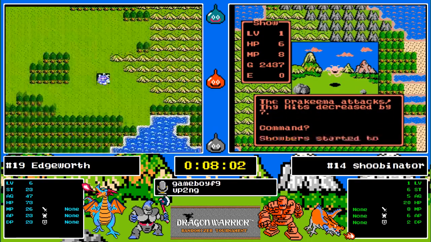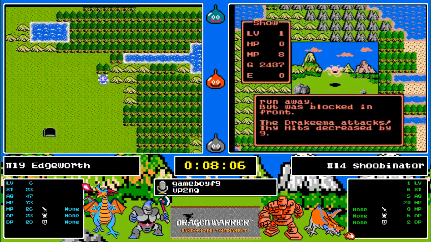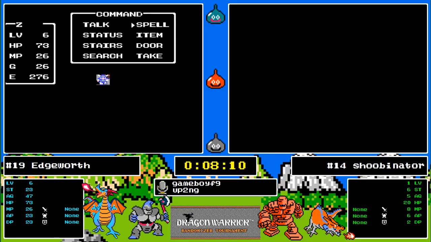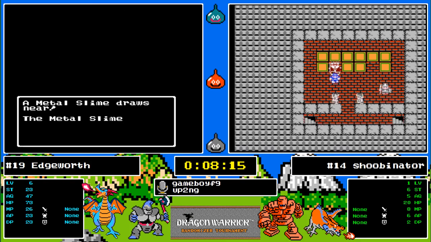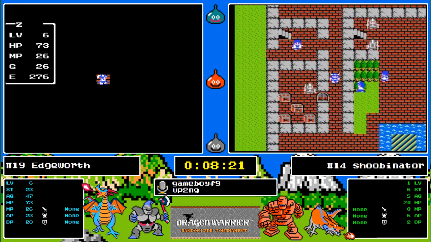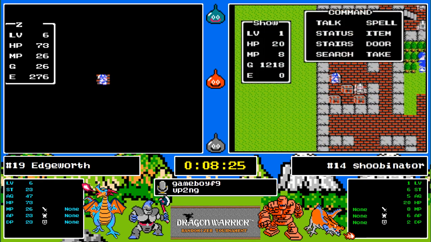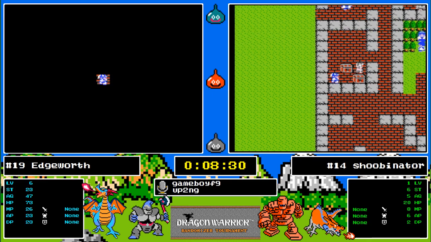But Edgeworth, full of glee at hitting that metal slime, died to the fun place. And now Shoobs dies to the Drakima. So they're just... Oh, that's too bad. Half his gold again. He had a good amount of gold to try and... he could have saved there. Yeah, just the shop in Remolder to know exactly what he's trying to buy. Oh, but he's crafty. He's got more money. And he's got all the magic keys in the world, so...